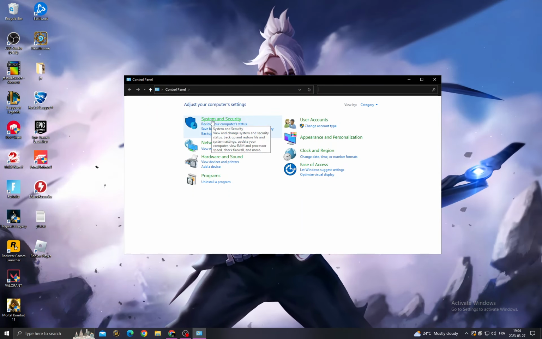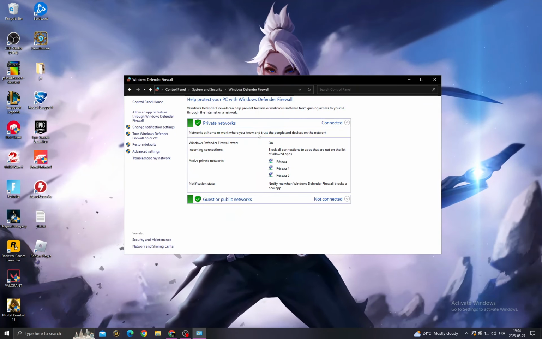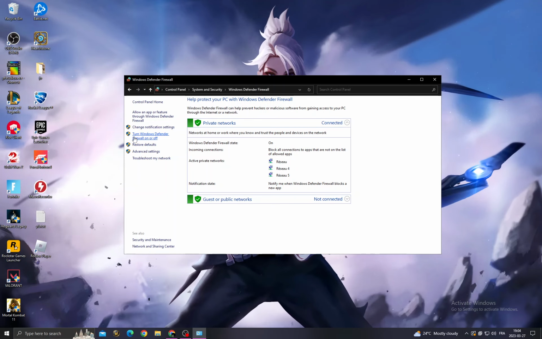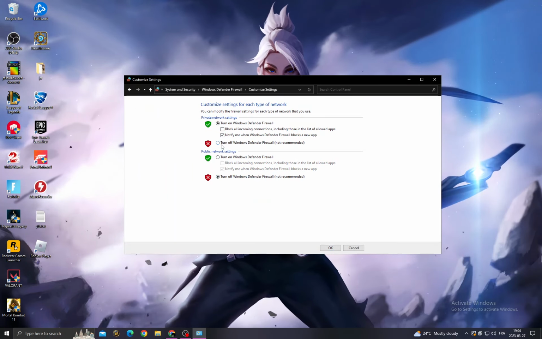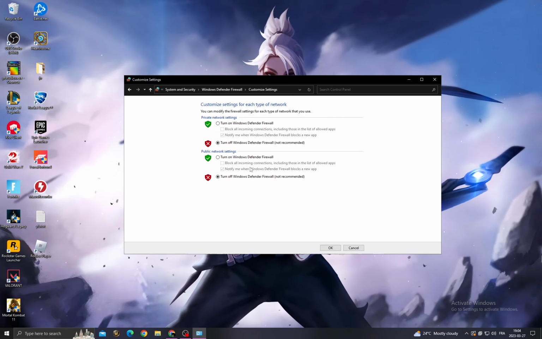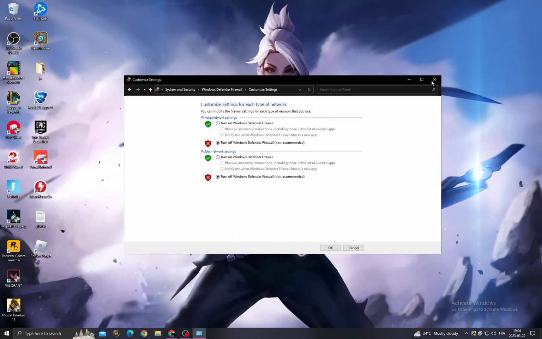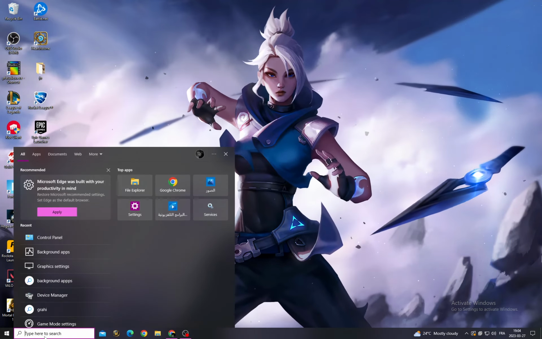Now click system and security and then Windows Defender firewall, and now click turn Windows Defender firewall on or off. Turn off those two options and click OK, and after you finish playing come back here and turn it on, don't forget that, and then close it, and after that type here services,